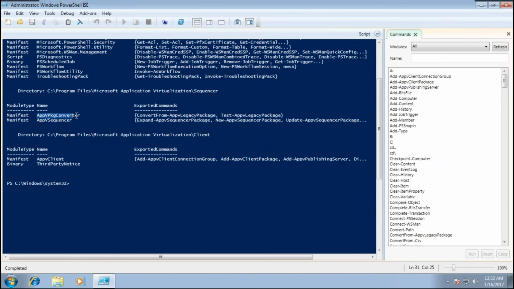Look here, APPX package converter. It's already loaded on this machine, and there are two commands that come from this module: ConvertAppxPackage and TestAppxPackage.